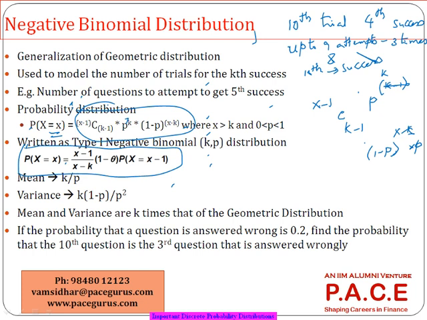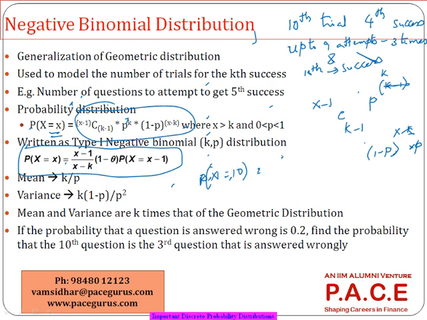What is the chance that he is getting successful in the 10th attempt, and what is the chance that he is getting successful in the 9th attempt? If I want to go from the 9th attempt directly to the chance that he will be successful in the 10th attempt, I can use this recursive kind of formula, which is the probability that he will be successful in the 10th attempt